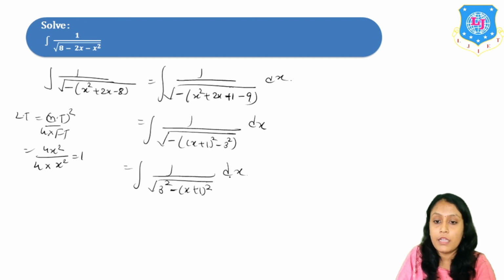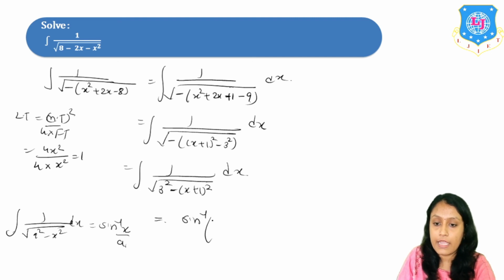Now to solve this integration we will use the formula: the integration of 1 upon under root a square minus x square dx is sine inverse x upon a. Now write down, use this formula. So you will get the answer as sine inverse, and in place of x we have x plus 1, so x plus 1 upon 3, plus c is the